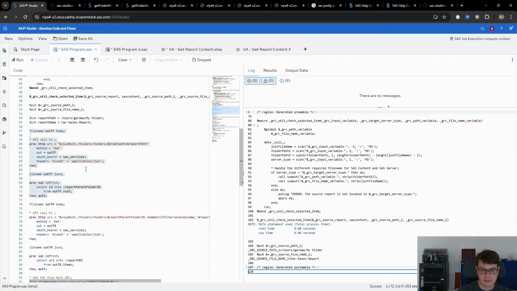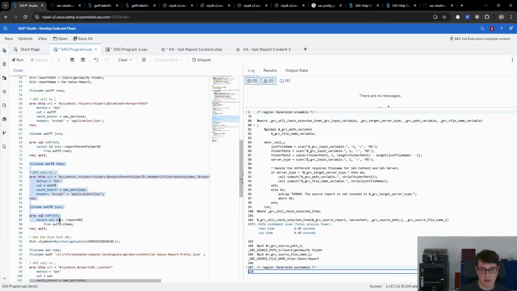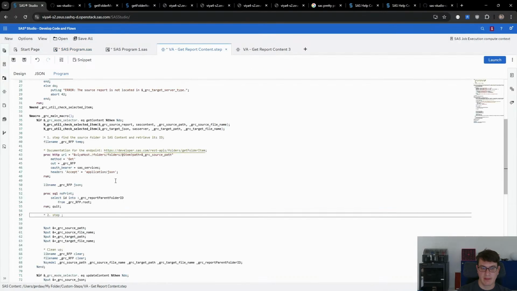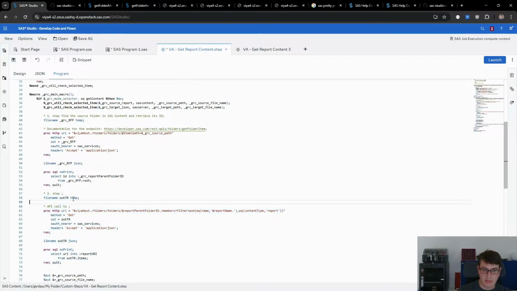Let's get our code. We have a new file name, we do another API call, and we grab this piece. So let's go in here. Let's indent. We don't need to indent this one. There we go. So we have our file name. Now we have out.tr. So we are renaming that to _grc. And we are naming this one. We are getting the report. Oh no, we're getting the folder